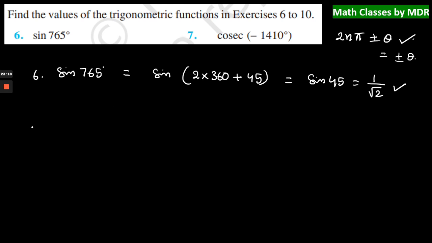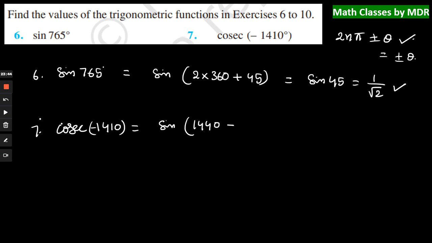Similarly, when you look at this sin(−1410), again see what multiple of 360 is near to 1410. So 2 times 360 is 720, and then 4 times 360 is 720 plus 720, 1440. Actually we have minus 1410, right? So we should take it as minus 1440 plus 30. That will give you minus 1410, right? So either minus 360 or plus 360, it will come back to here.